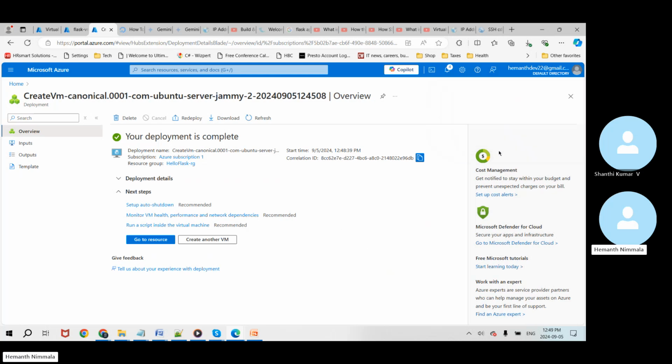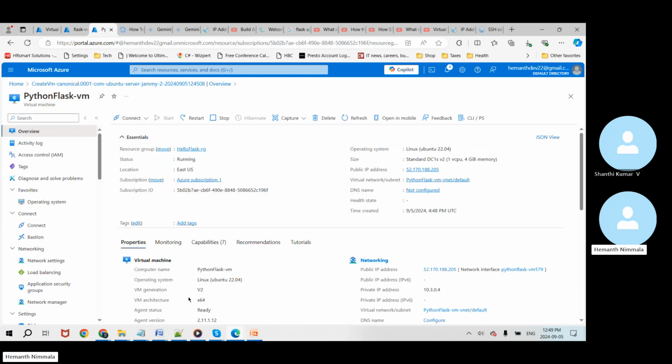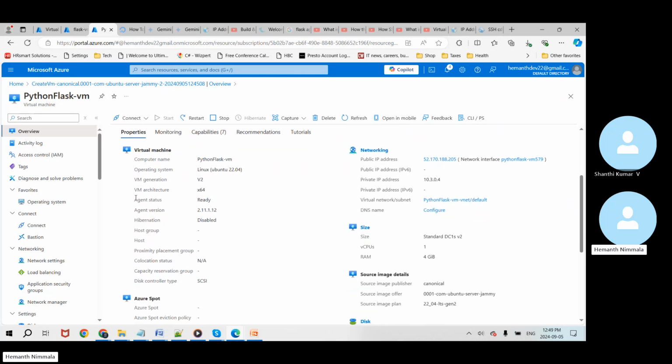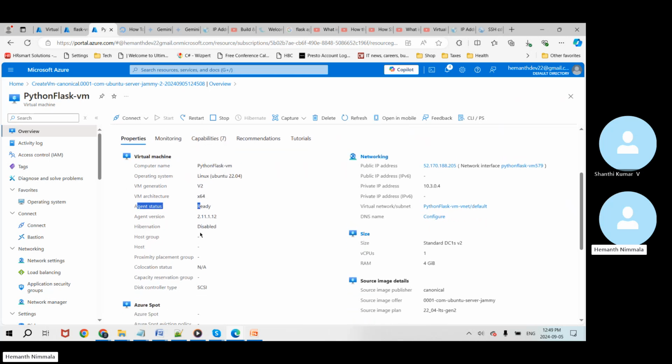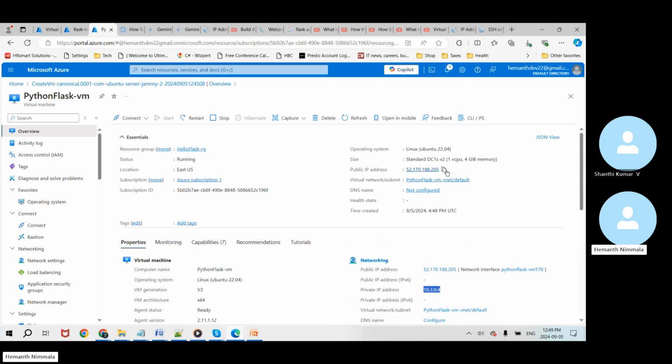Okay, and the deployment is now complete. Let's go try connecting to this virtual machine. We can see the agent status should be ready. And you can see a new IP address that will be assigned. You can see the private IP address on this page and also the public IP address, 52. We'll just copy it